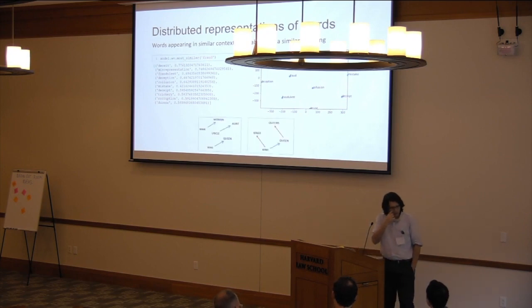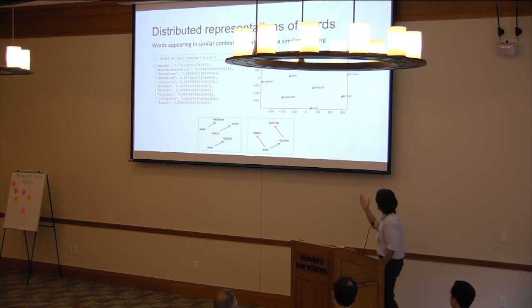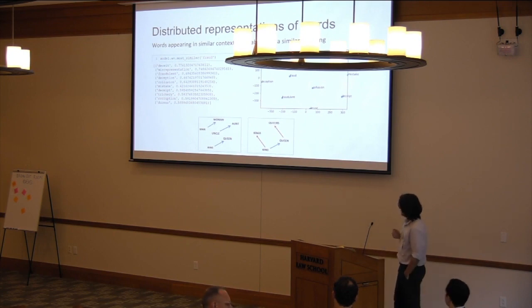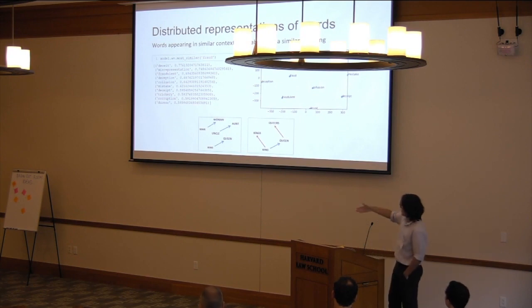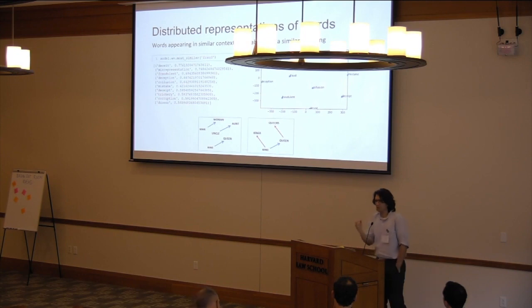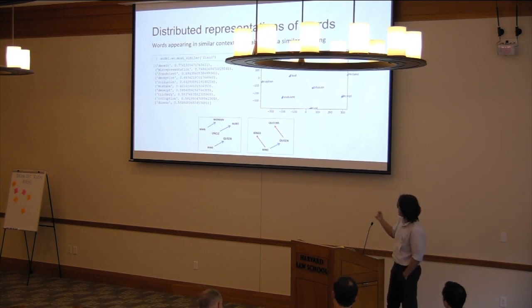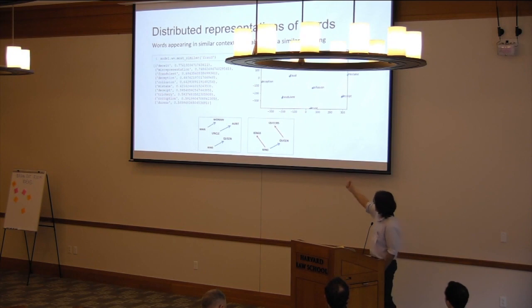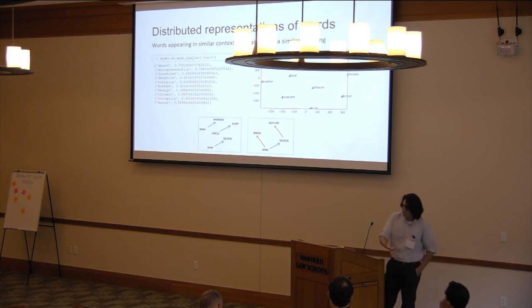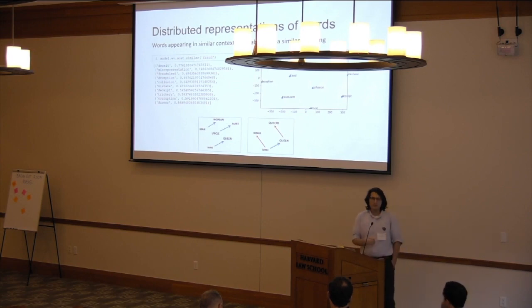So we can actually apply some simple linear algebra operations. This is just from Mikolov's paper, right? If we take the offset between queen and king, it would give us the vector for gender. And if we apply that same vector to the word uncle, in the vector space we'll get the word aunt, right? Man and woman and so on. Here, we can use the same vector to capture the idea of plural, so king, kings. Now, because it allows us to engage in these linear algebra operations very efficiently and easily,